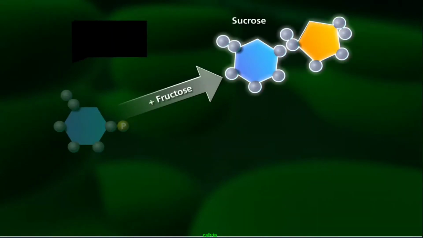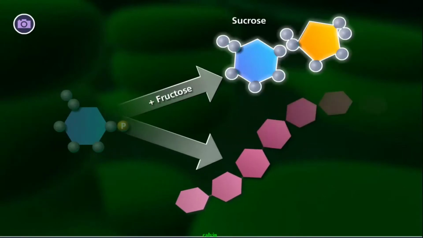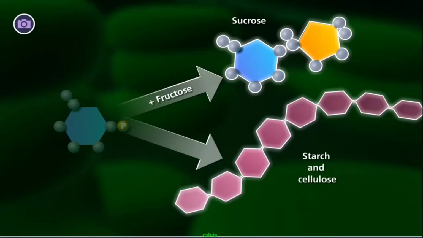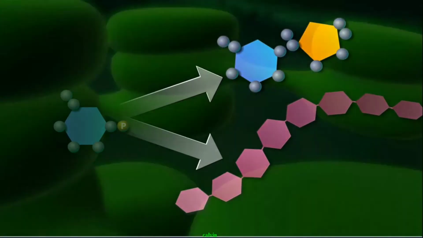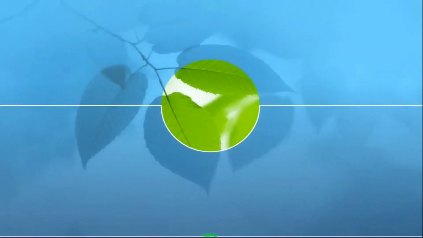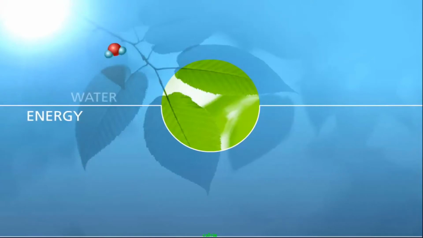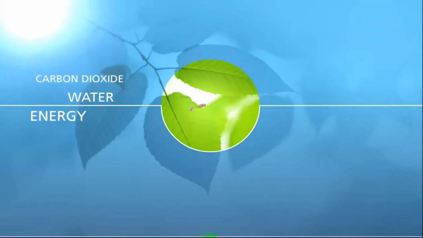Glucose, when it combines with fructose, makes a disaccharide known as sucrose. When multiple sucrose molecules combine with each other, they form polysaccharides known as starch and cellulose. This is the way how carbon dioxide, water, and light make the sugar for the plant as well as for others also.